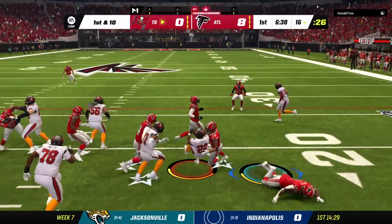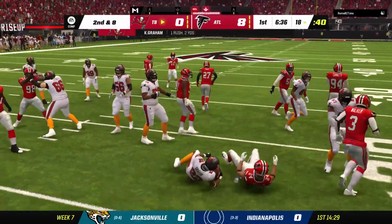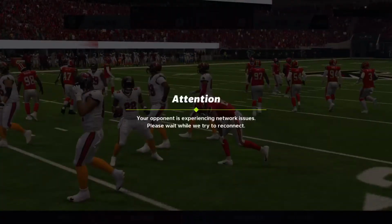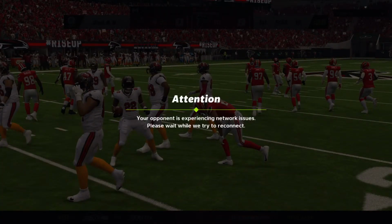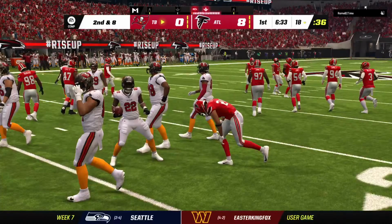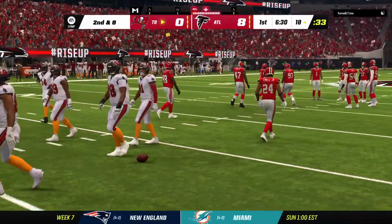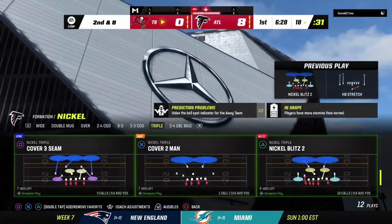They'll start this drive out on the ground. And nothing much materializing there on the first down run. He'll get a couple, and that's it. Well, this defense for the Falcons, they played really well in that win last week against Miami. And what I saw on film was a nearly unstoppable pass rush. 5 sacks last week, plenty of...